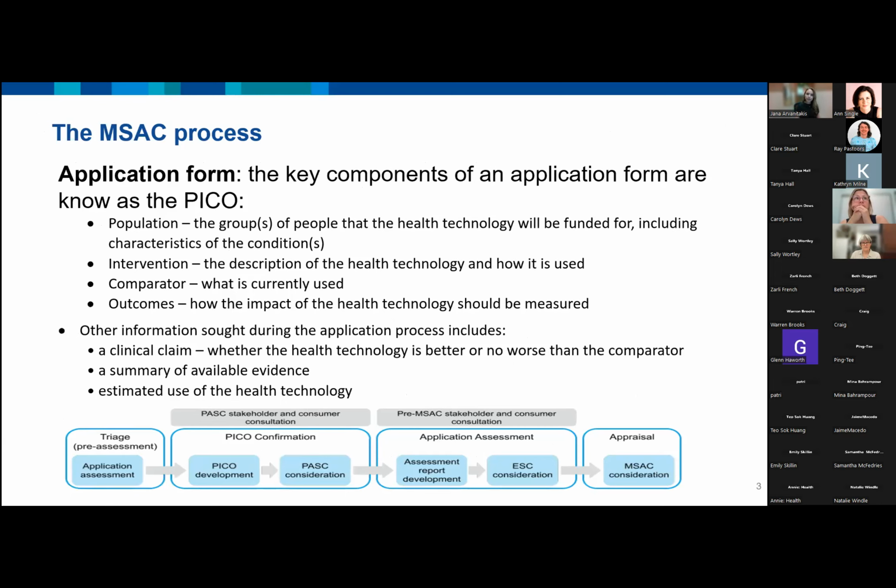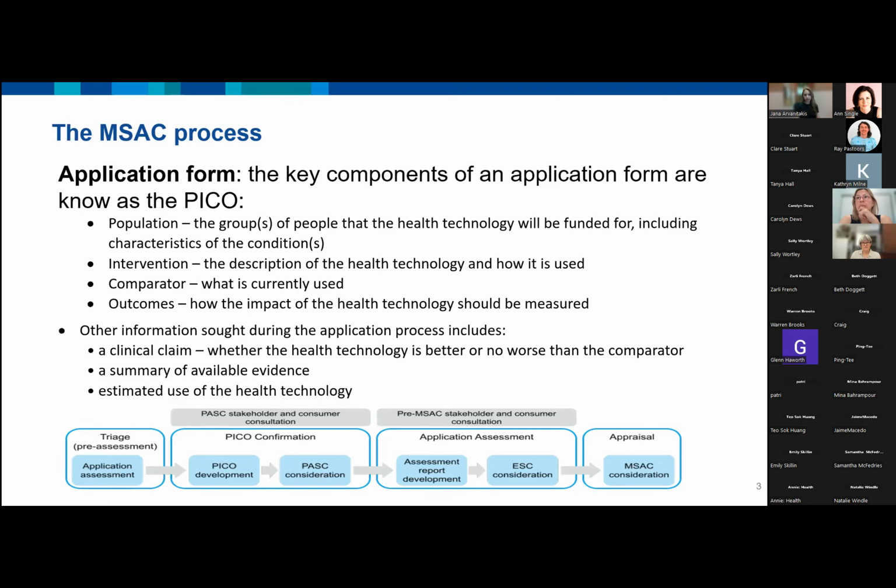So applications to MSAC often come from the pharmaceutical industry, from device companies and other commercial entities. However, they can and have come from professional societies, consumer organisations and individuals. Irrespective of who the applicant is, there is a formal process to apply for MSAC consideration. So if you wanted to submit an application to have a new service or health technology considered by the committee,